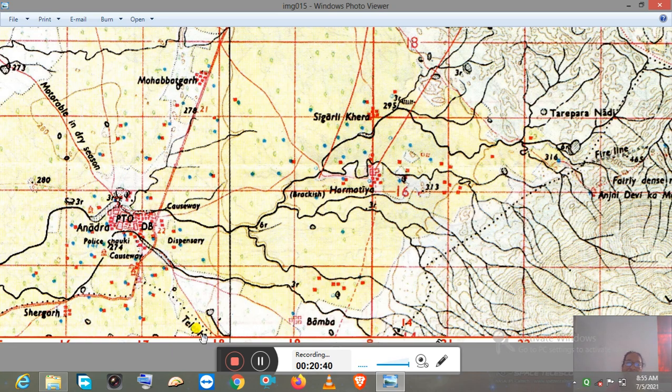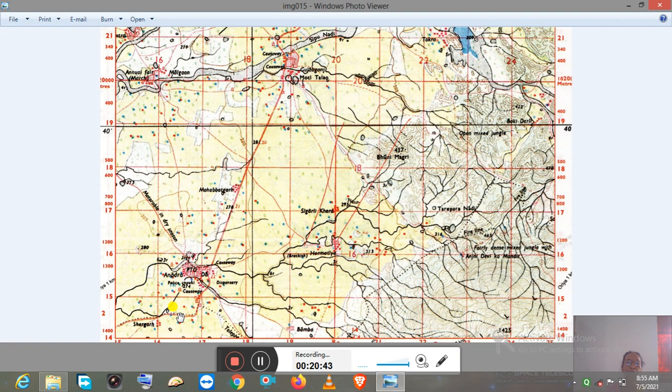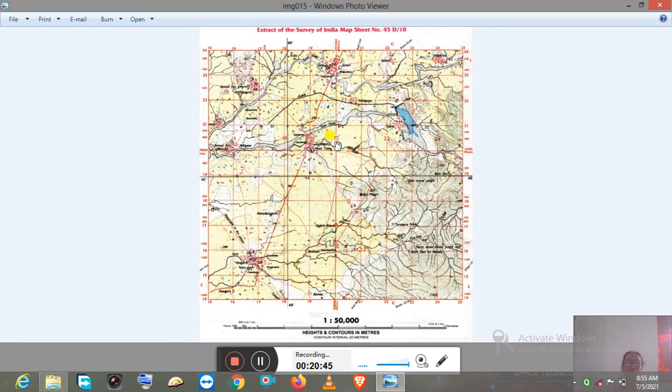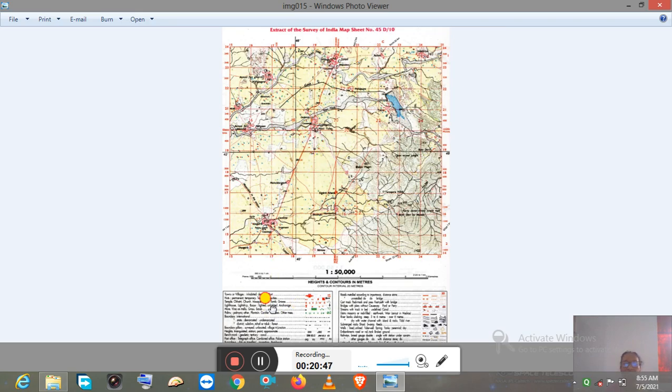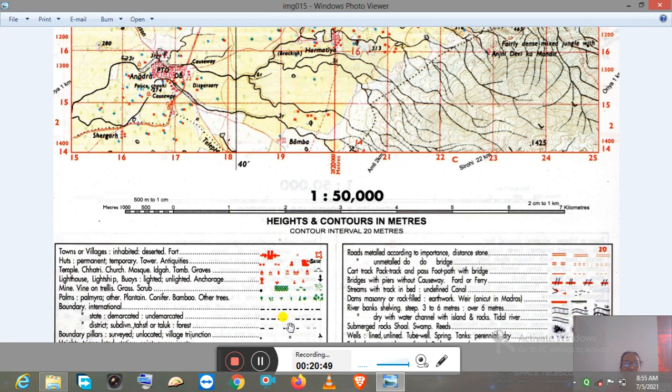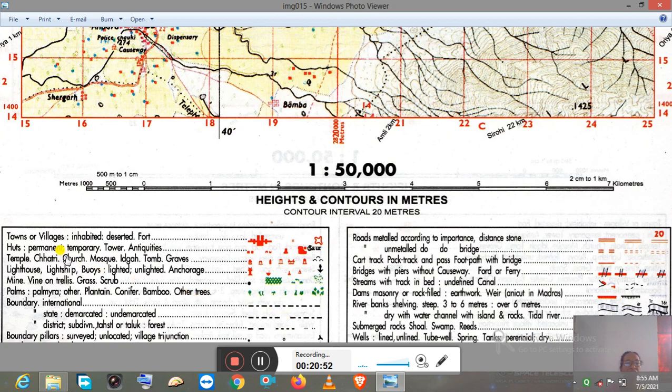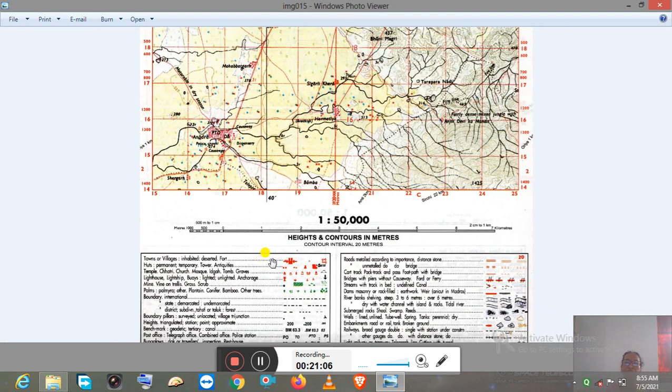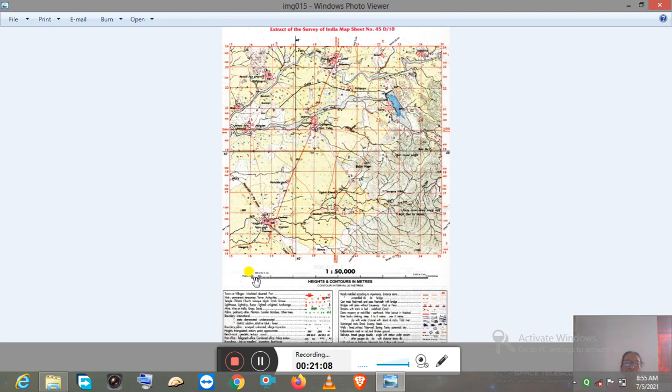So all these are given in the map below. Below the map, all these index are given here. You should learn all these index, how they are shown just below the map. If you are familiar with it, during the exams you can write easily without looking for it. So whatever you have learned today, you should learn using different maps which are given in your copies. So thank you children.